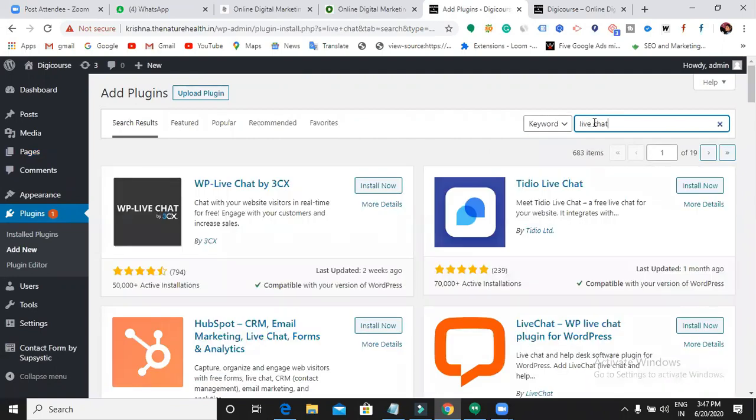So many options you can find for live chat, 3CX, Studio live chat, HubSpot. But what happens is that a few plugins are available for free, and a few plugins are premium. So it depends on you, it depends on your requirement.